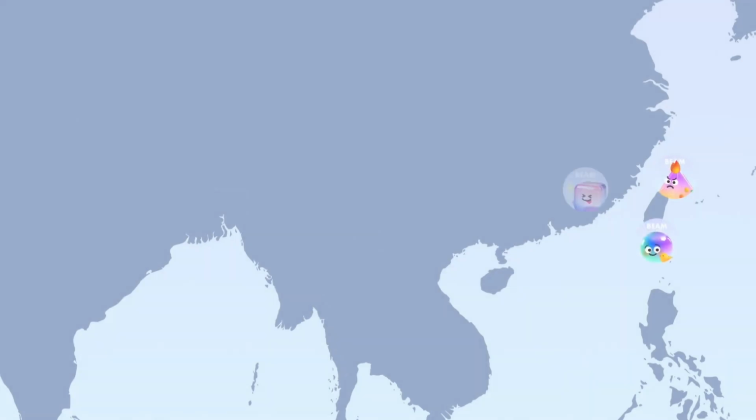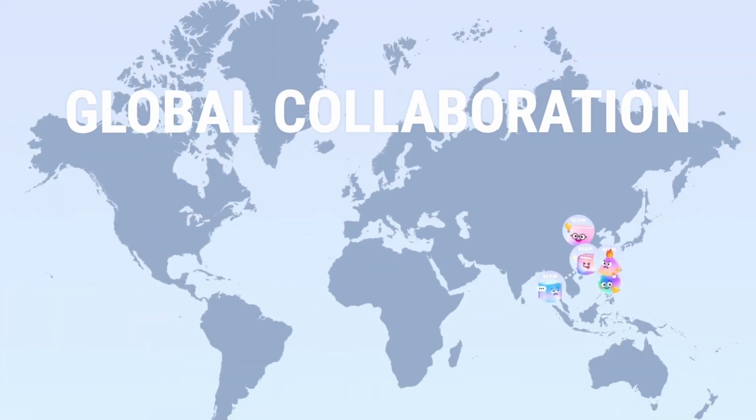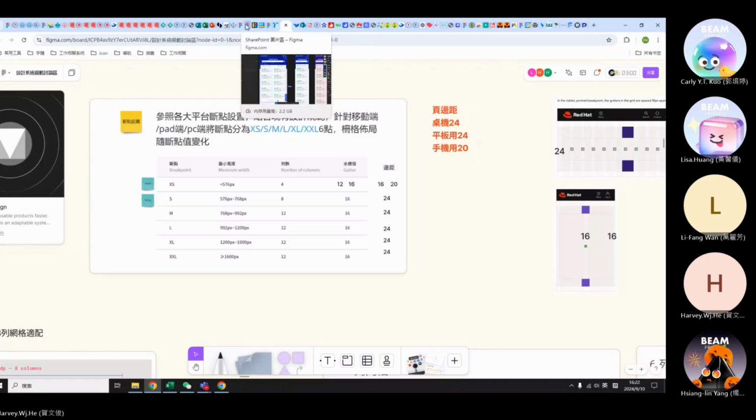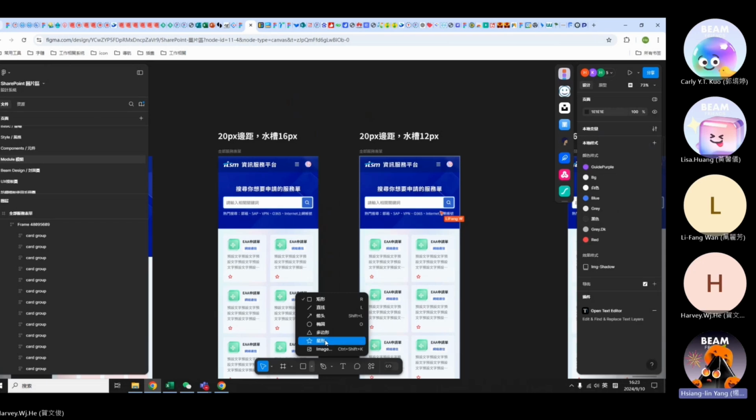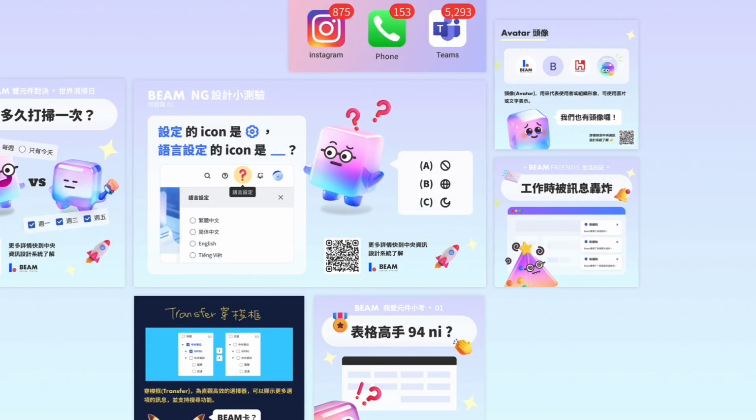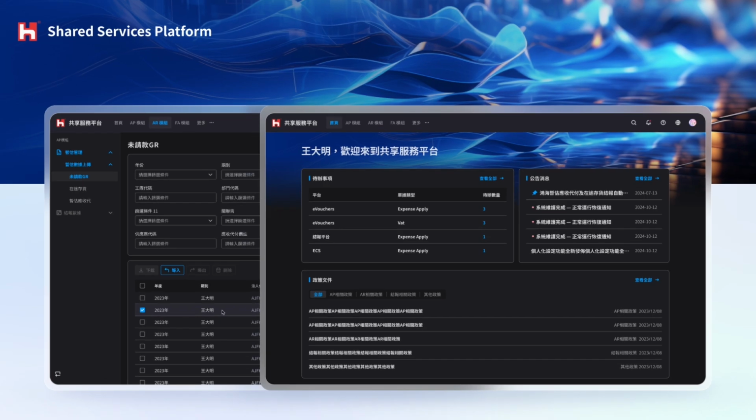From Taipei to Kaohsiung and Shenzhen, our global team ensures internal teams master the Beam Design System. With Beam Friends leading interactive tutorials and workshops, learning becomes simple, engaging, and effective, empowering teams to create smarter designs